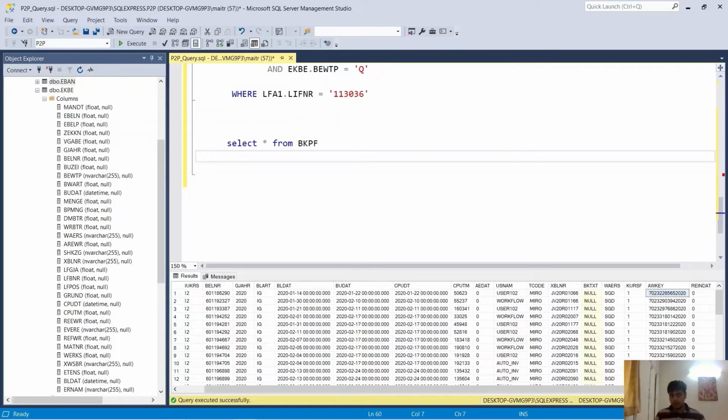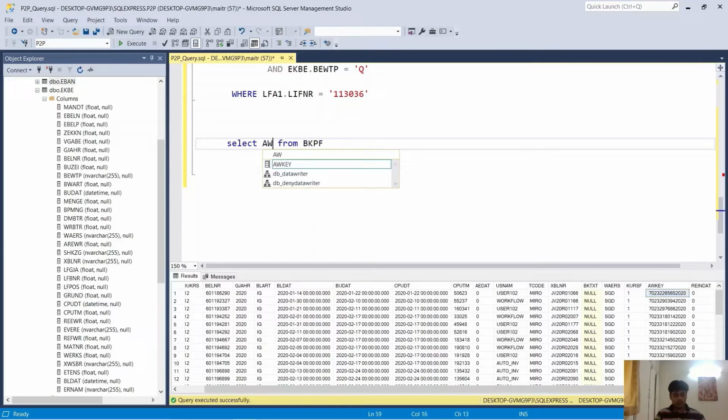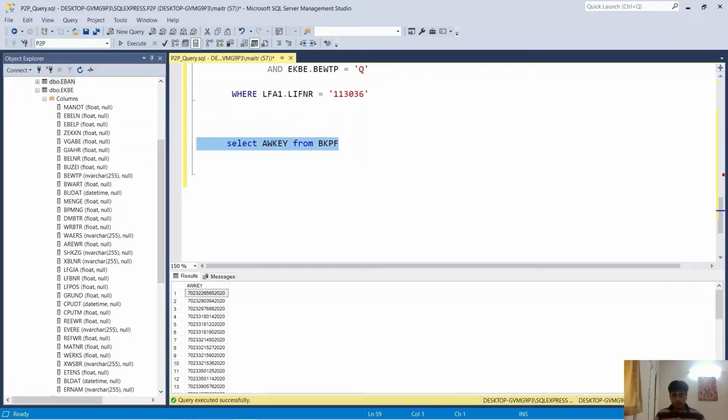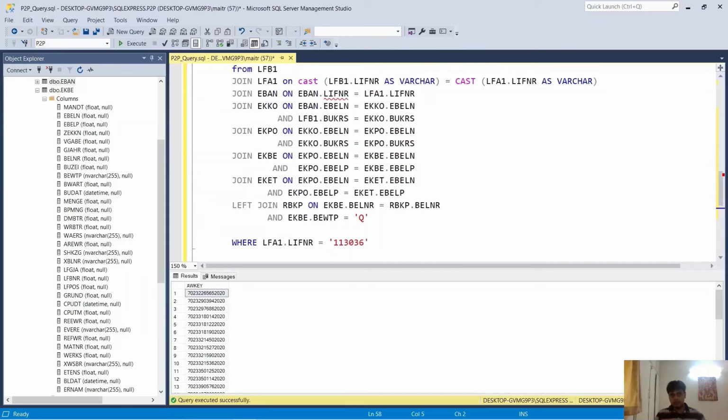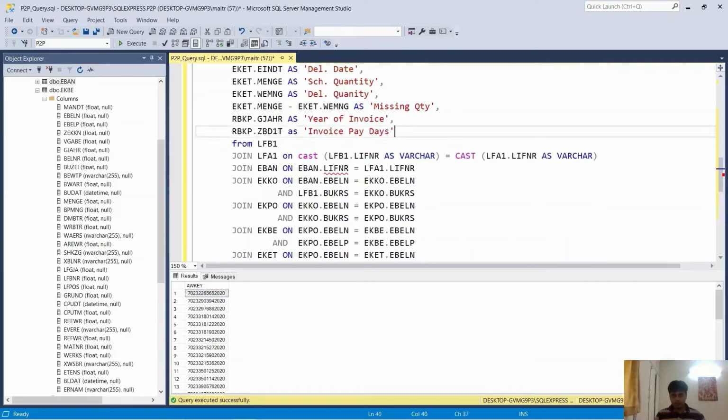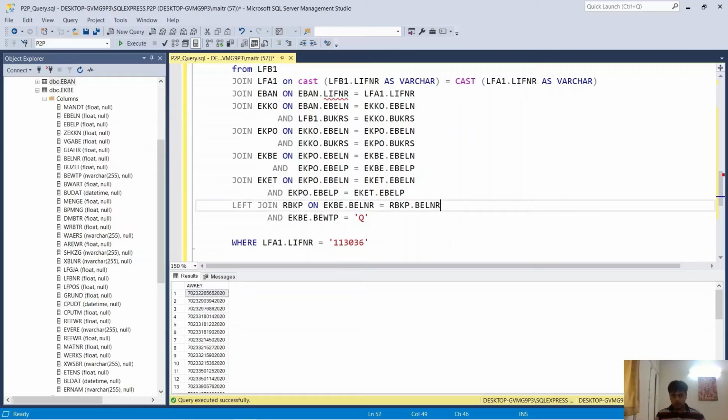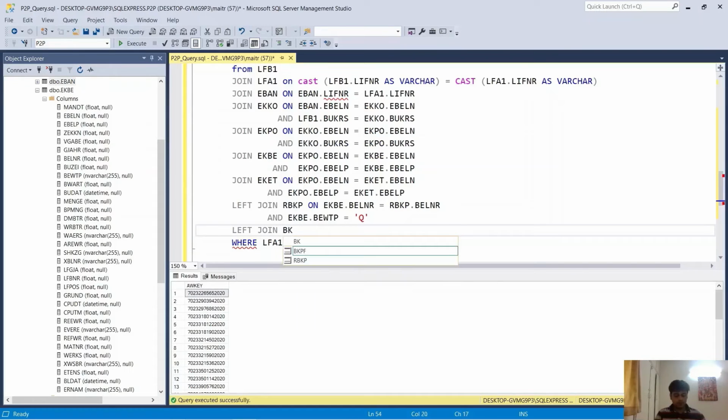Now this pattern is, let me just do one thing. Let's just select only AWKEY. So if we try to break this AWKEY, then it actually joins based on the invoice number and the year. So what I'm trying to say is, let me put it here. Again, I will do a left join because I don't want to lose my GRN documents. So BKPF